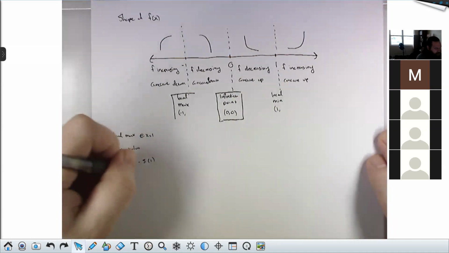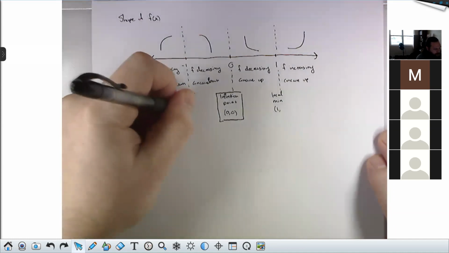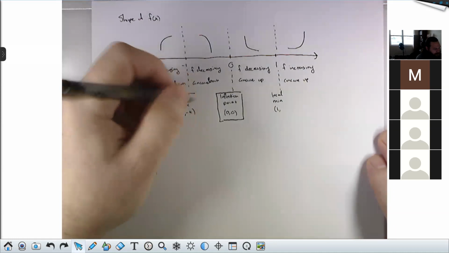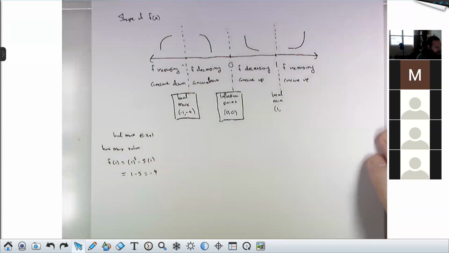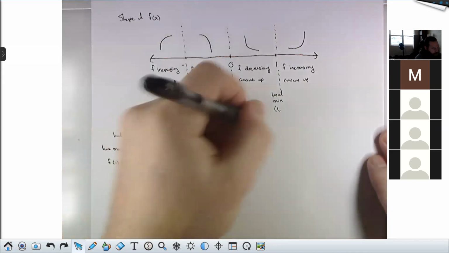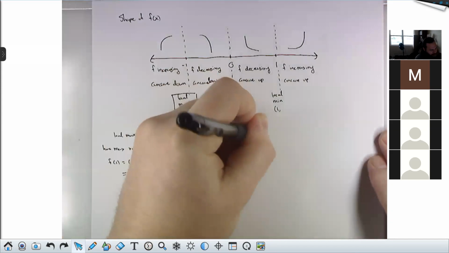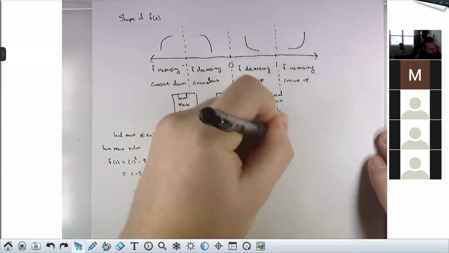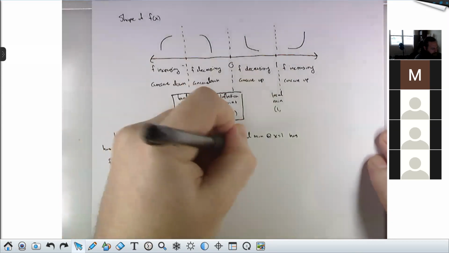So that's 1 minus 5, which is negative 4. So this is negative 1, comma, negative 4. That's the local max there. And then the local min at x equals 1 has min value